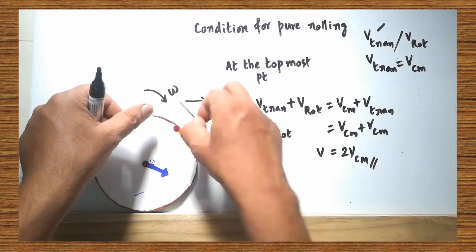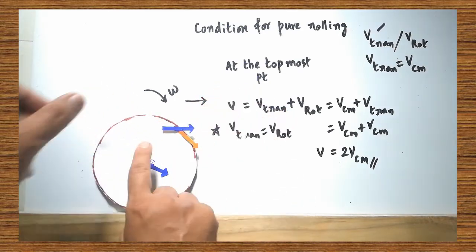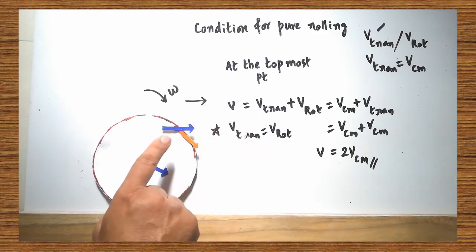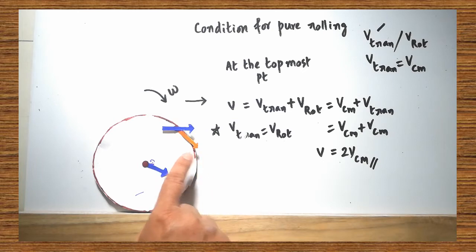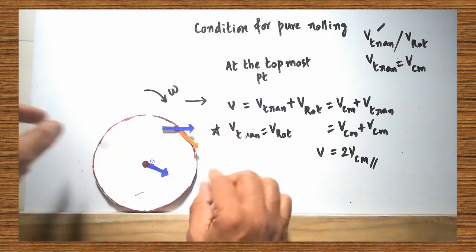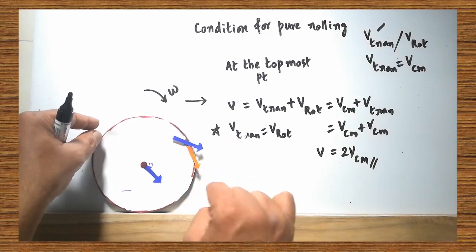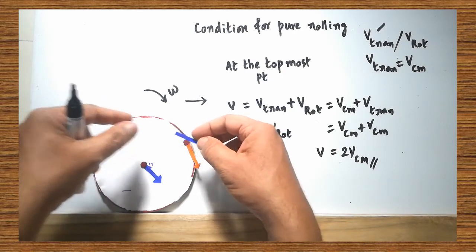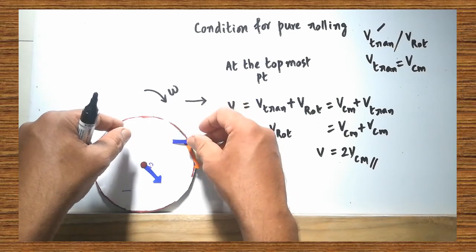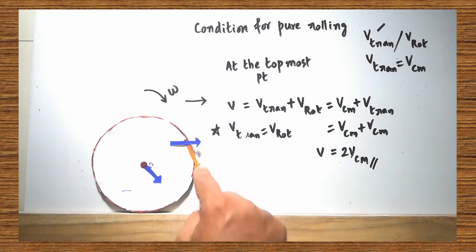So this is the direction of the V translational. Always V translation will be acting in this direction. V rotation will be acting in this direction. Both will be equal, but the orientation changes. Are you clear? So when it is further rotated, look at that. V rotation direction will be in this direction, but V translational direction will be in this direction. V translation will be acting in this direction, but both are equal in their magnitude.